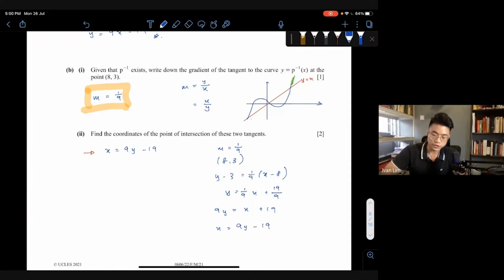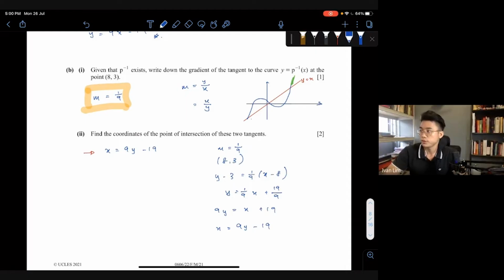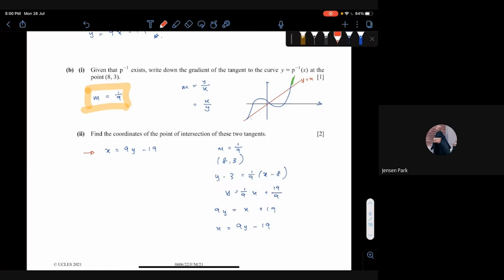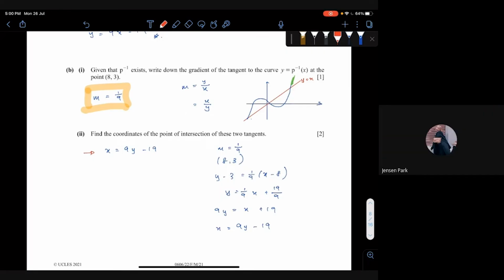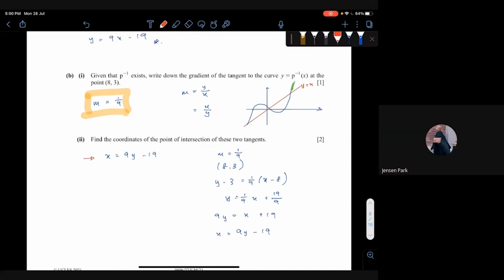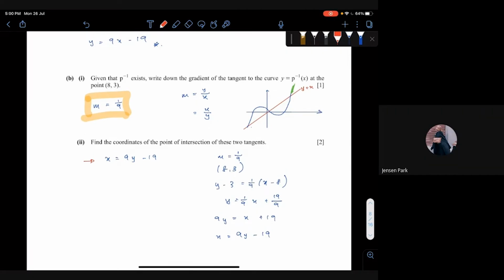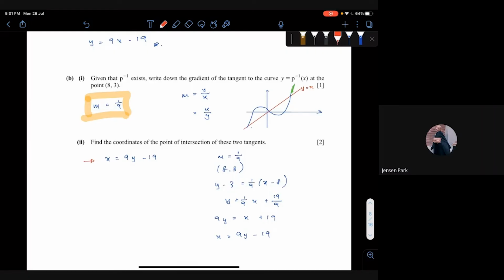Okay, why 2 marks only is actually easy. You just need to switch your x and y actually. I see you did it. I straight away swap x and y only. Okay, then what do you need to do? Substitute it. 8x equals to 19. You swap your y with x, right? Your equation is y equals 9x minus 19. I thought you need to do simultaneous equation for this. I try to change the y into x. I did